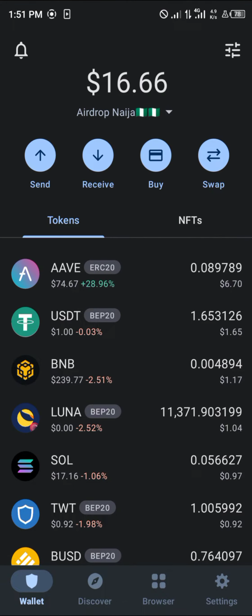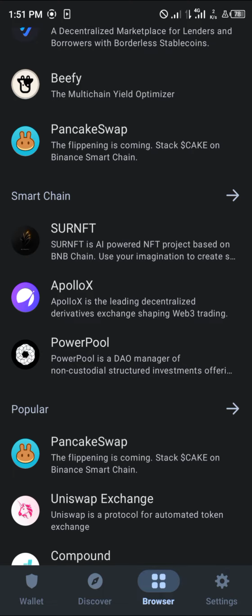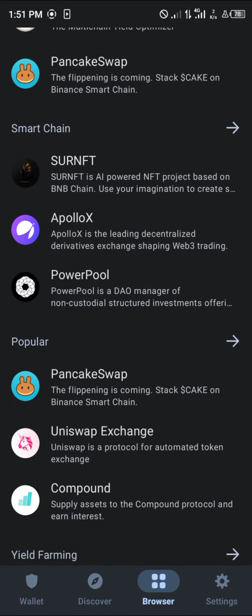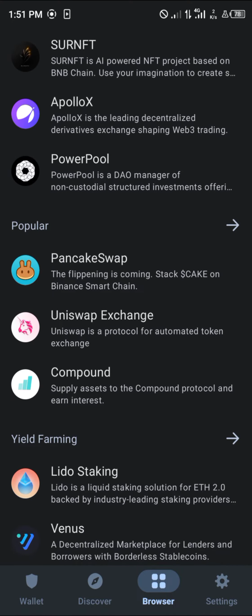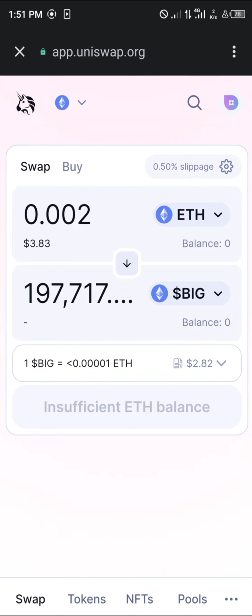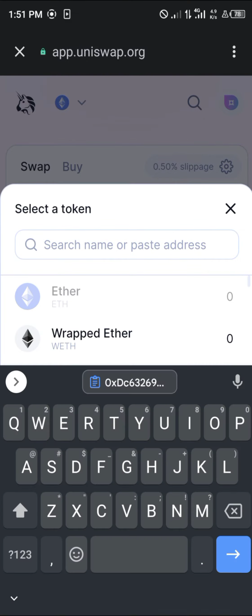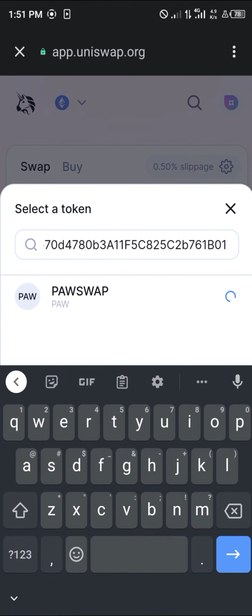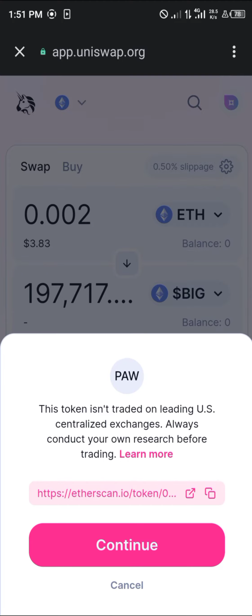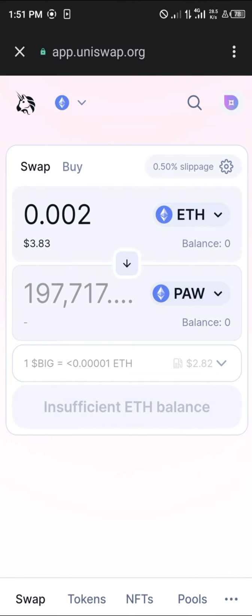And once your Trust wallet is opened up, make sure you have some Ethereum, or rather Ethereum tokens which you can swap for the Pawswap. So then you simply click on browser and simply click on Uniswap exchange, which is at the bottom here, Uniswap. Click on this big eyes and exchange the big eyes for the Pawswap. Paste its contract address, click on Pawswap, click on continue, and the Pawswap is going to be shown on the